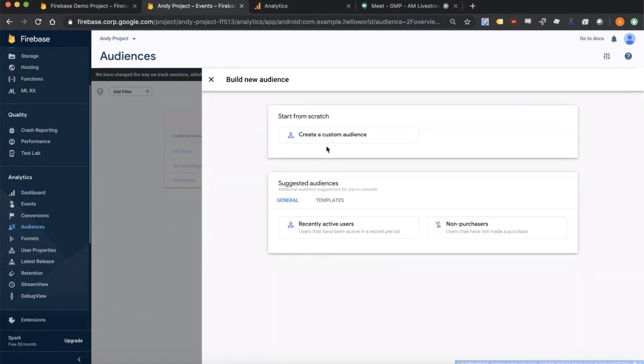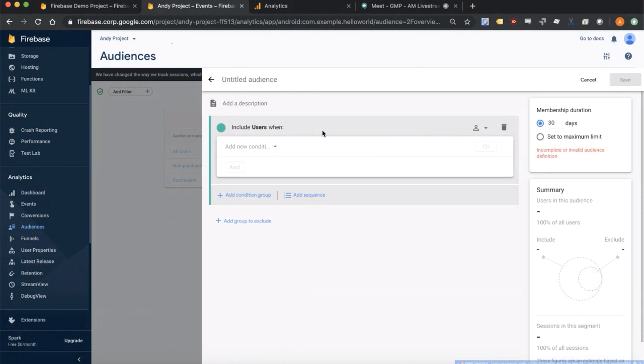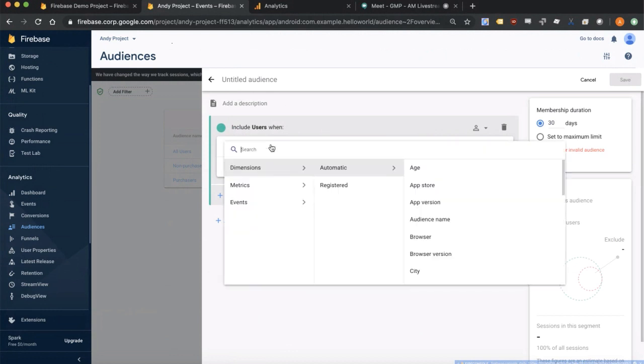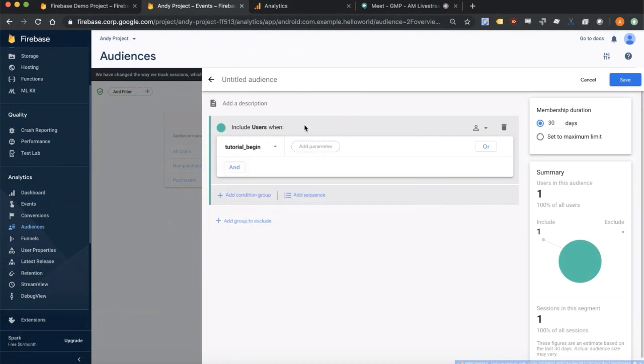So for the purpose of this demo, we're going to try to create a custom audience from scratch. Like I said, the app that we're looking at over here is a gaming app. And in this gaming app, we have a tutorial. We've noticed from the reports in our analytics that users who have completed the tutorial are more likely to return to the app and keep using the app and keep playing. So what we would like to do is create an audience list of users who have completed this tutorial. And since we're already logging this as an event and it's available as a dimension, we just search for tutorial begin, which is the event that denotes that a user has completed this action. And creating this audience will give us the audience of all of the users that